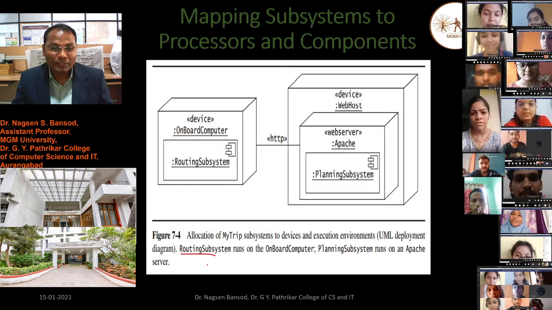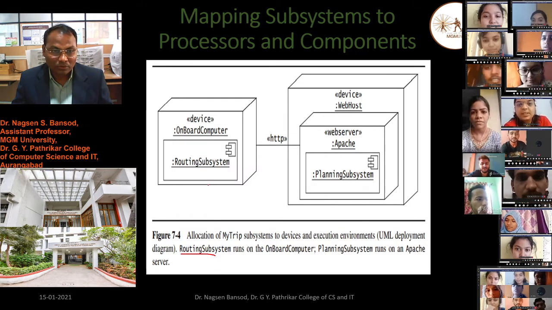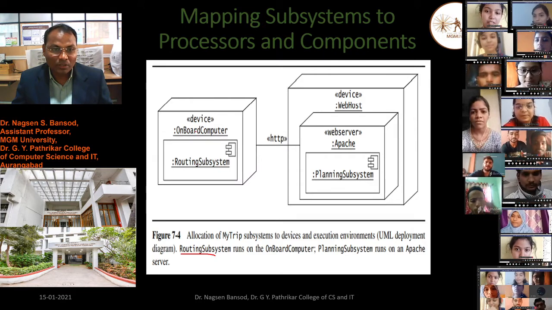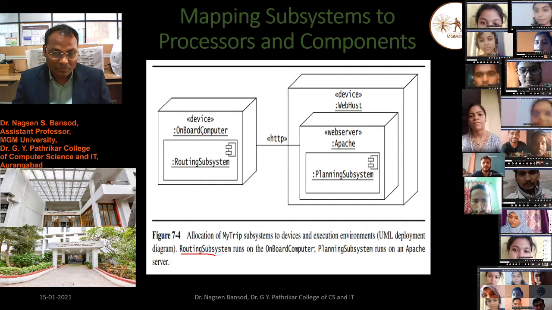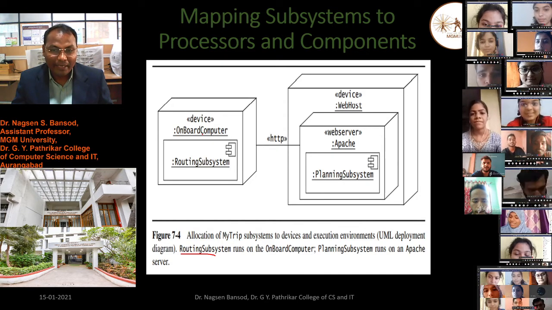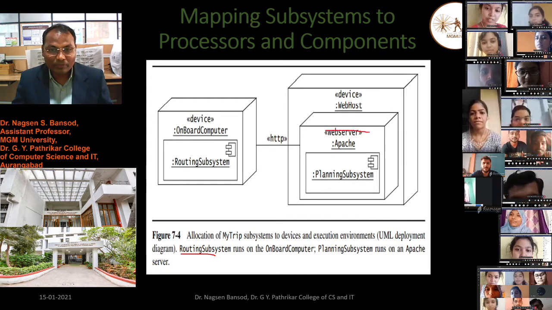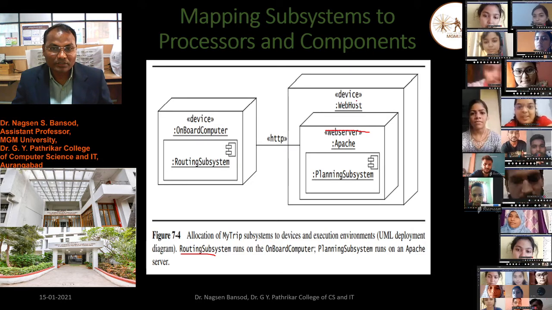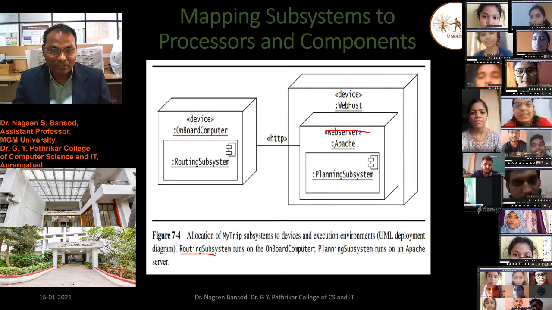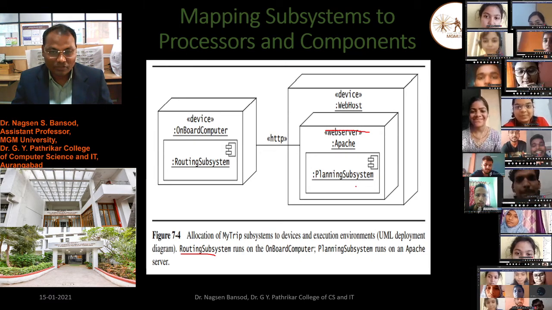The routing subsystem runs on the onboard computer. On this computer the routing subsystem runs, and on the Apache server. Here the Apache web server environment is used, and you see here is the device. There are two devices connected to each other, the web host and the planning subsystem.